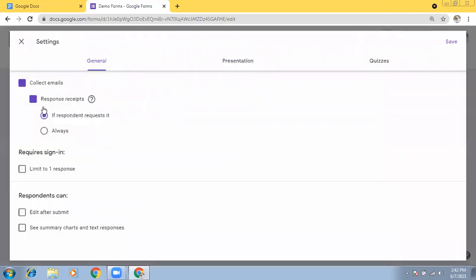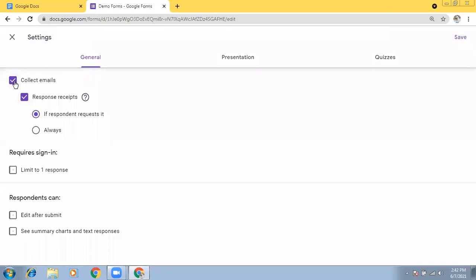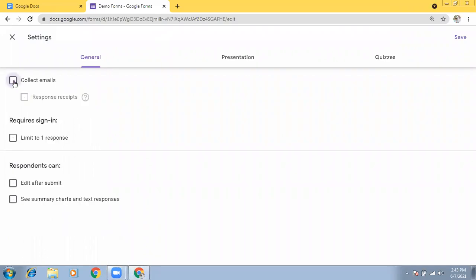If we go to settings, if we need to collect the respondents' email IDs but don't want to create a field like email ID, you just go to settings and check collect emails.